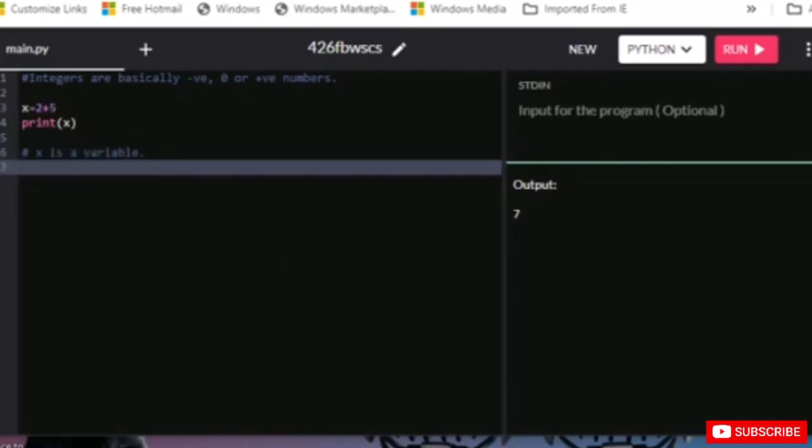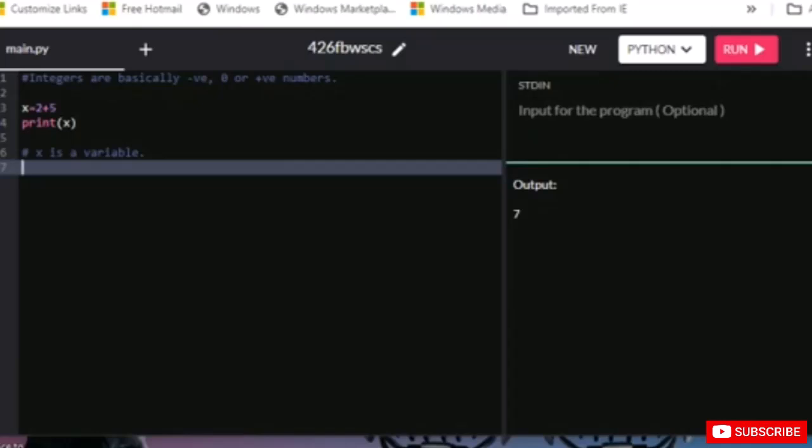That includes x as a variable, which is actually the memory, the space which is occupied. First the 2 gets in, the second operand is 5, and we are using the operator positive or addition, and then the operation is going to happen in the arithmetic circuit behind the scenes. I teach electronics, so you can trust me that this happens in the background. So x is a variable, equals to is just to initialize it. 2 plus 5 are the numbers or the operands. The positive sign is the operator, which is addition. That's pretty much all. So you have just learned how integers actually work.